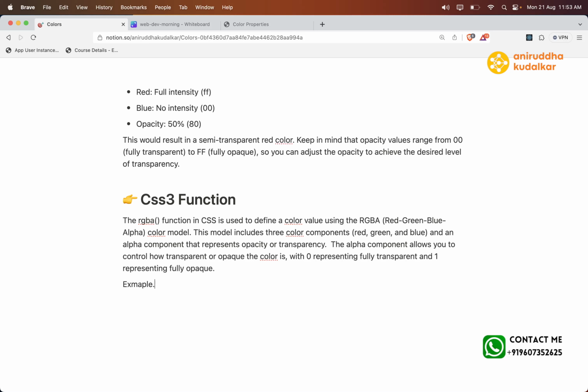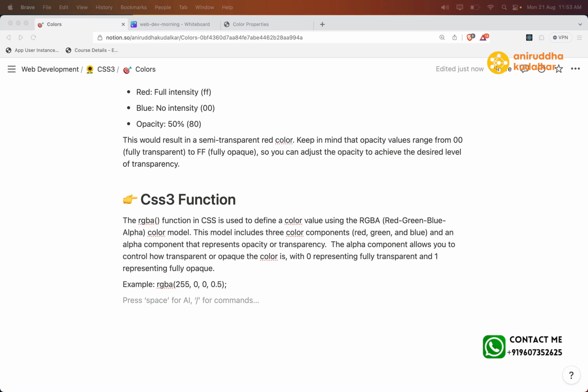Let's have an example. The example would be like this: RGBA over here. In here, the color property of the element is set to the